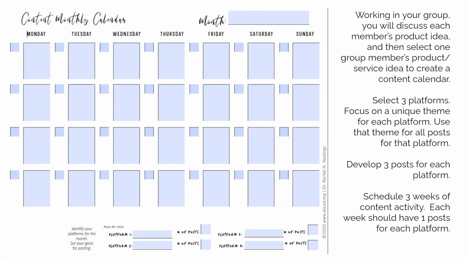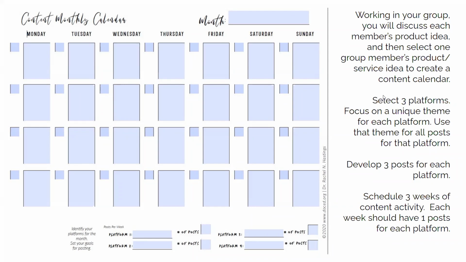So when I put you into your Zoom breakout groups, you can do a top line round robin, like 1 minute each on each of your marketing plan, product, or service ideas. And whichever person in your group seems to have the most energy and the most knowledge around how they would use social media to promote their idea, you will take that person as the lead in your group, and you'll all work together on roughing up a content calendar for that person. So only one person in your group is going to be the guinea pig. We can't do everybody. It's just too complex in a Zoom breakout.